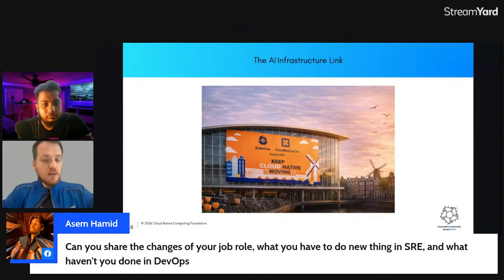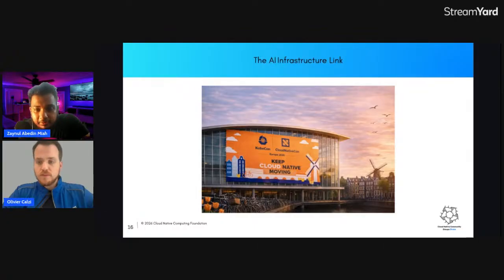So it is really a difference for me in terms of maturity within the firm that makes the change between a DevOps role and an SRE role. I will also add that maybe as a DevOps, you will be on multiple projects at the same time. And as an SRE, you are more dedicated to a part of the services. That's all. I hope I answered the question. I hope that answers Asim's question.